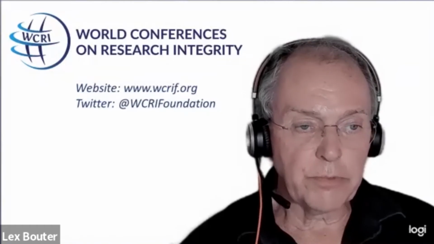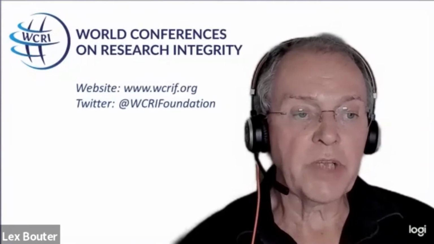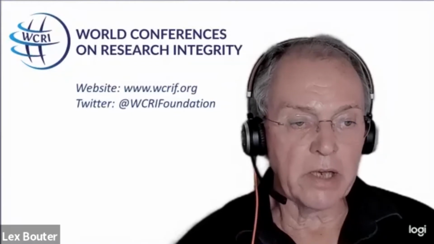Two ways to do supervision. You can help your pupil to survive in academia by cutting corners to make their career more successful. Then you will get more questionable research practices. And the other mode of supervision, and we had a scale for that as well, that is responsible supervision, teaching your pupils to do the right thing, and that lowers questionable research practices and raises responsible research practices. And then the perceived publication pressure had a rather predictable influence, more questionable research practices and less responsible research practices, the higher the publication pressure was.